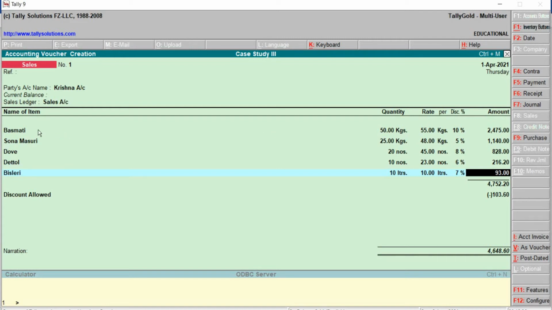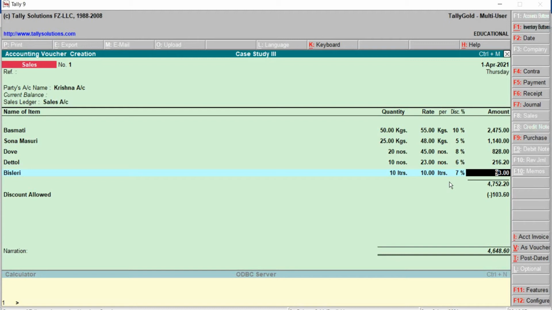For different items, we are providing here the different discount rates. Correct? But as per the question given, just they have given that discount allowed 2%. Correct? Okay. We will stick back to the question. This is one thing which is available in Tally where we can provide different discount for different items.